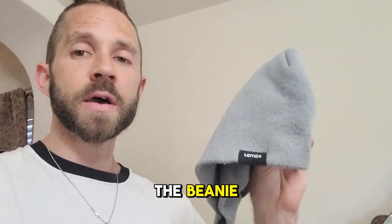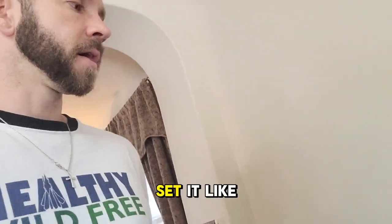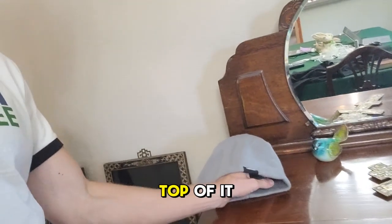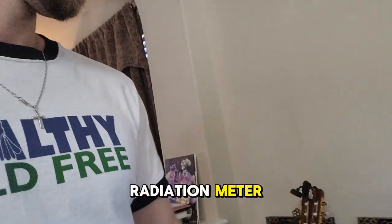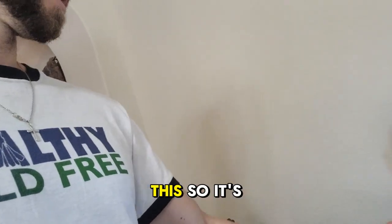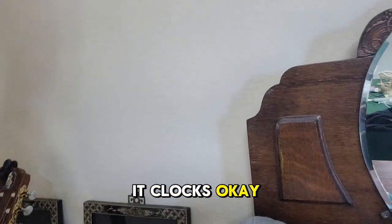Now let's take the beanie, and what I'm gonna do with the beanie, because it's smaller, I'm gonna just set it like this, kind of on top of it, and I'm gonna actually put the radiation meter in there like this, so it's covered, and let's see how it clocks. Okay,